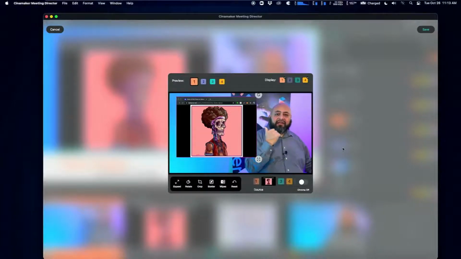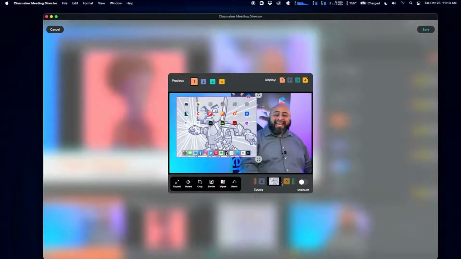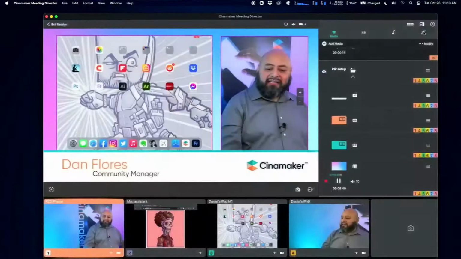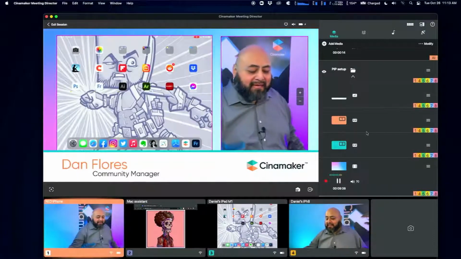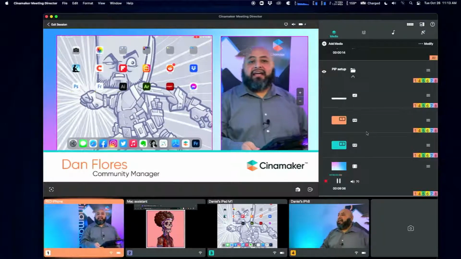So instead of what I have coming in from Cine.io in my web page, I can go here where it says source, click on that number 3, and now it's grabbing the screen share from Cinemaker Capture on my iPad. Ooh. Click on save,